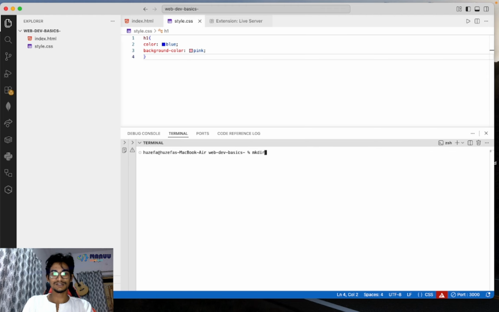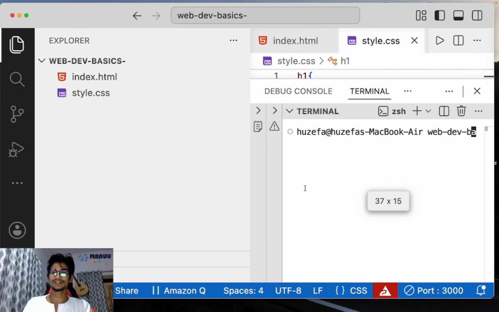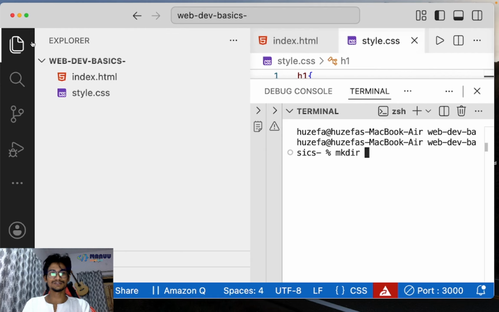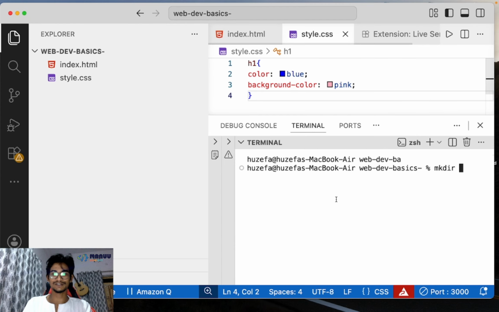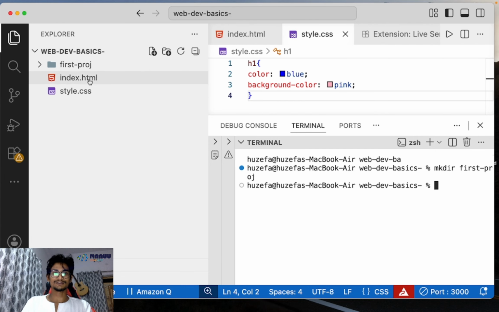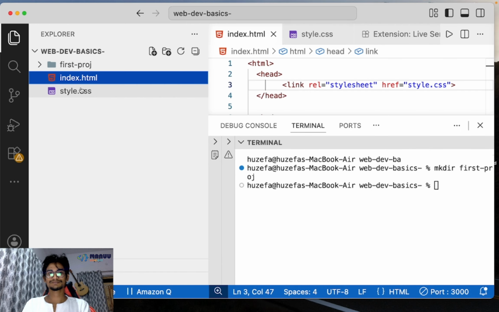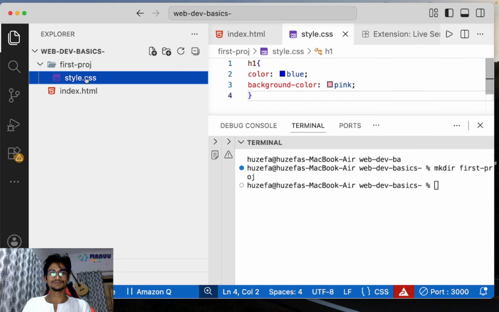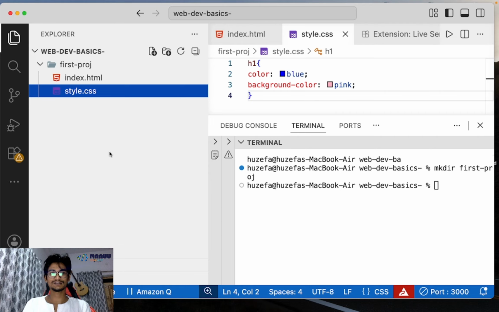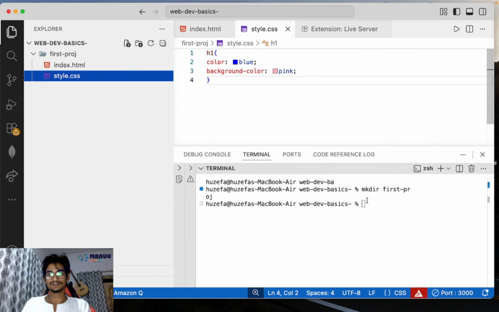So I'm going to create a directory. Don't worry, I'm using commands here, so if you don't have any idea of commands, that is fine. I'm going to use my first project. Simple. Okay, so as you can see, I have created a first project here, and I'm going to put these things here as well. Simple, nothing fancy.